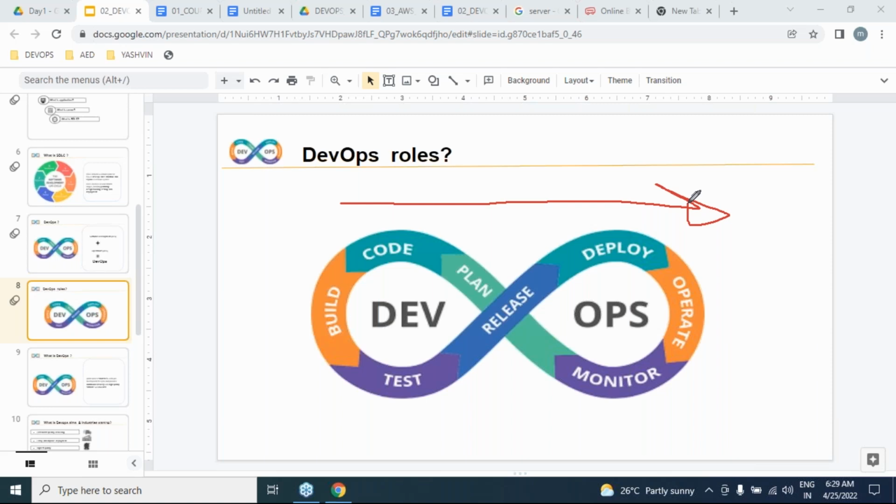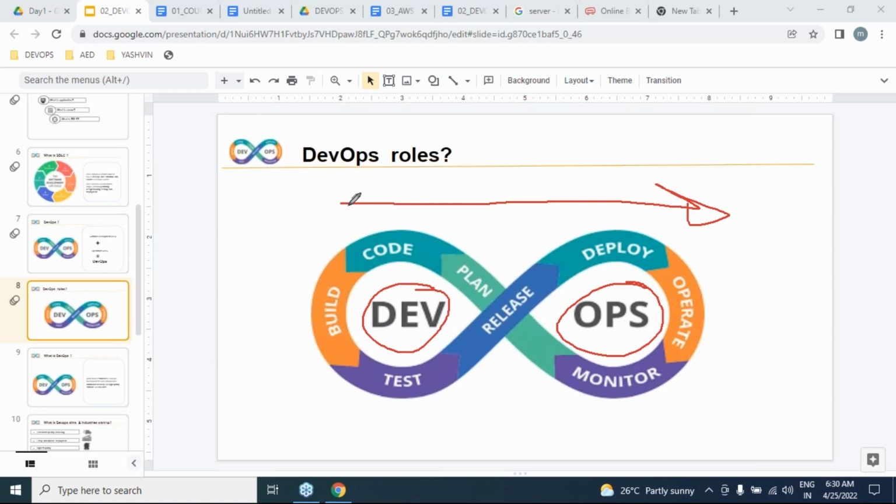While implementing this DevOps transparent pipeline, we are going to deliver a working software as an application into the production environment, from the dev environment to testing to pre-production to production. Got it?